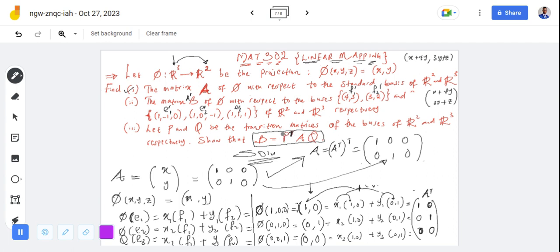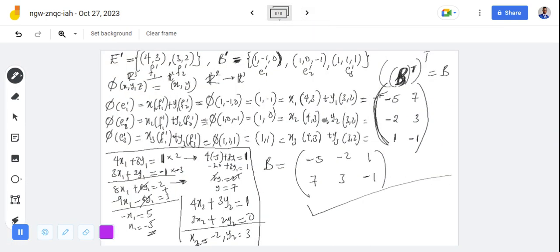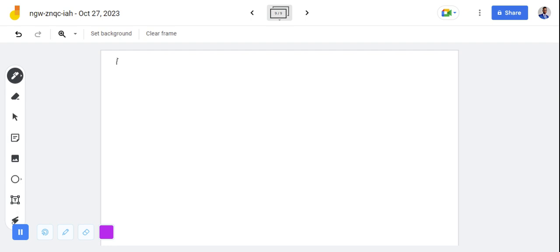So I already explained the mapping for P and the mapping for Q. That's what you also use here in this case. So we already have my B as this. We now want to show that matrix B is equal to P transpose multiplied by matrix A multiplied by matrix Q. Recall that P is defined by this. We always use it as the standard basis to the given basis. The standard basis maps to the given basis, while that of Q is actually of this mapping